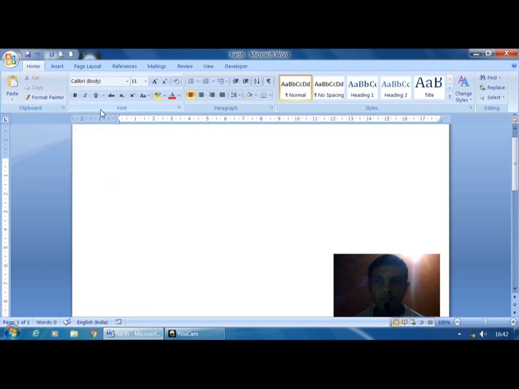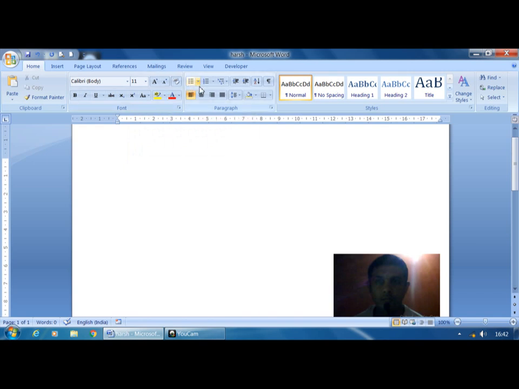If I move to font, here again font name is there, font size is there, increase font, decrease font, then clear formatting, bold, italic, underline, then strikethrough, then subscript, superscript, change case, then text highlight color, then font color.